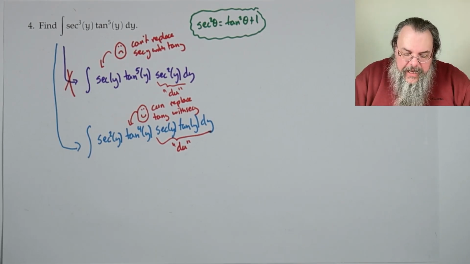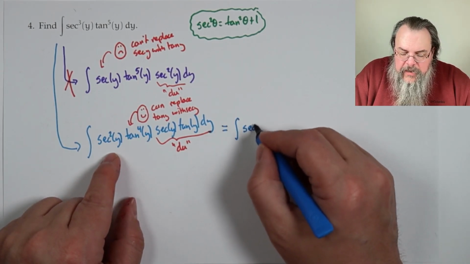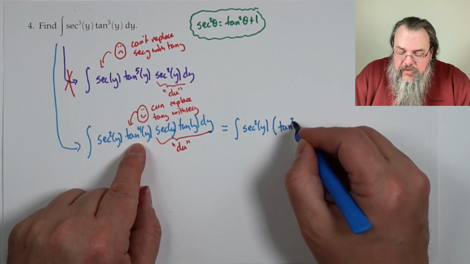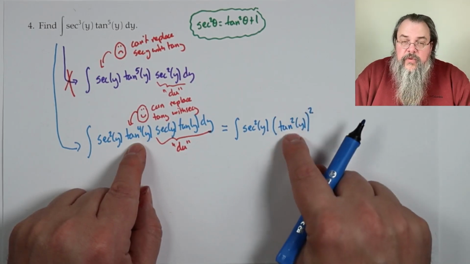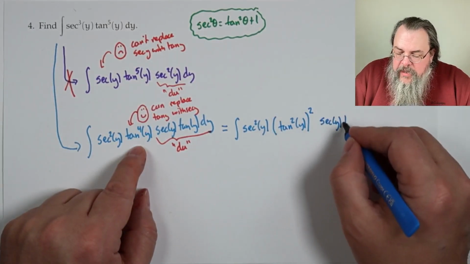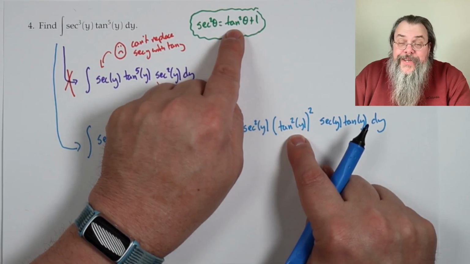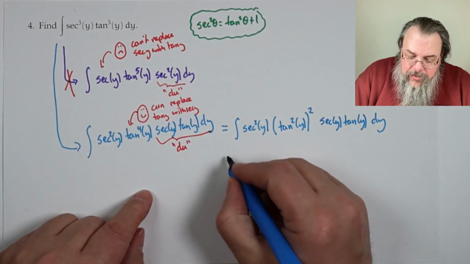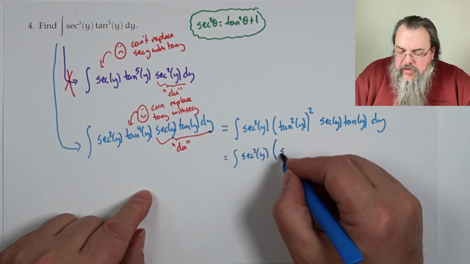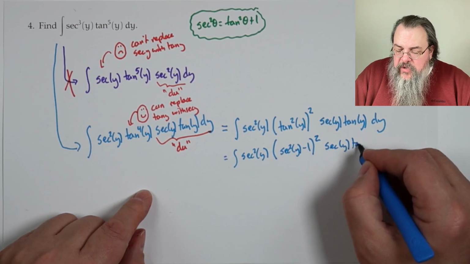Now, to help us actually follow through, I am going to do a little bit of slow motion here. So I'm going to rewrite this as secant squared y and tangent to the fourth y, just to really emphasize what's going on. I'm going to write this as tangent squared y squared, just to say, aha, here's how we're going to incorporate that tangent squared. And then we have our secant of y, tangent of y, dy. Now, tangent squared becomes secant squared minus 1. Okay, so we have the integral of secant squared y times secant squared y minus 1 quantity squared, secant y tangent y